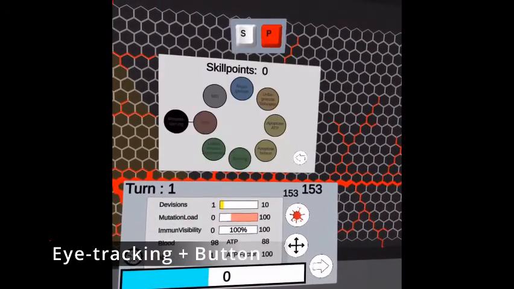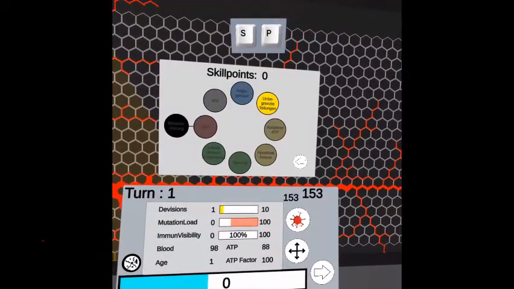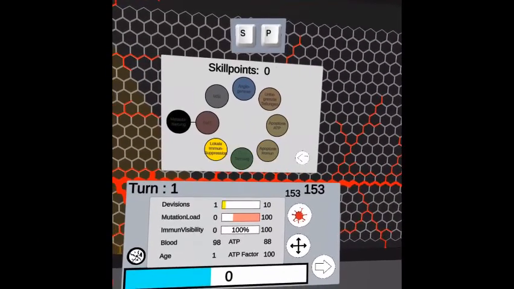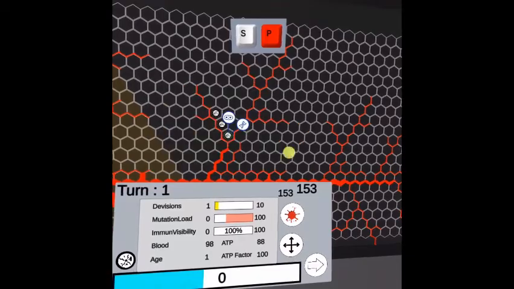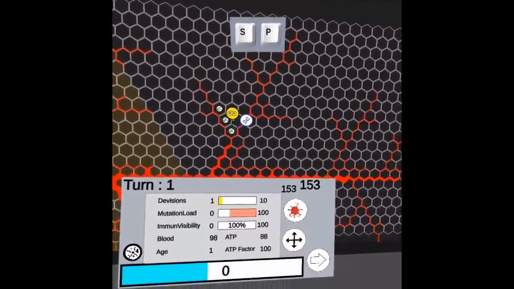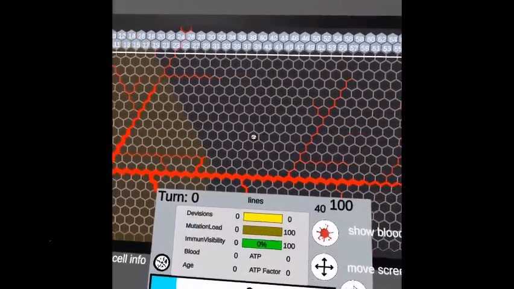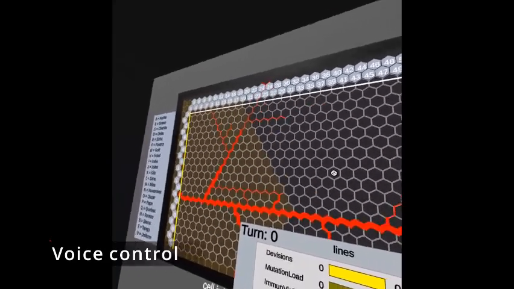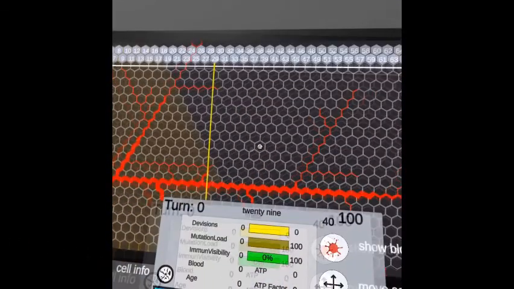This one is eye tracking, so you can see this little yellow circle. This is where the eyes are looking. And you will also notice that I don't really have to move the head, just a bit, and I can reach all the elements in the menu. And this is the voice control, which is also realized with the point scanning.